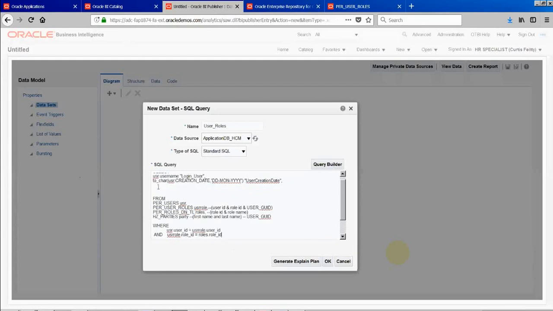So roles dot role_name, role name, something like that.